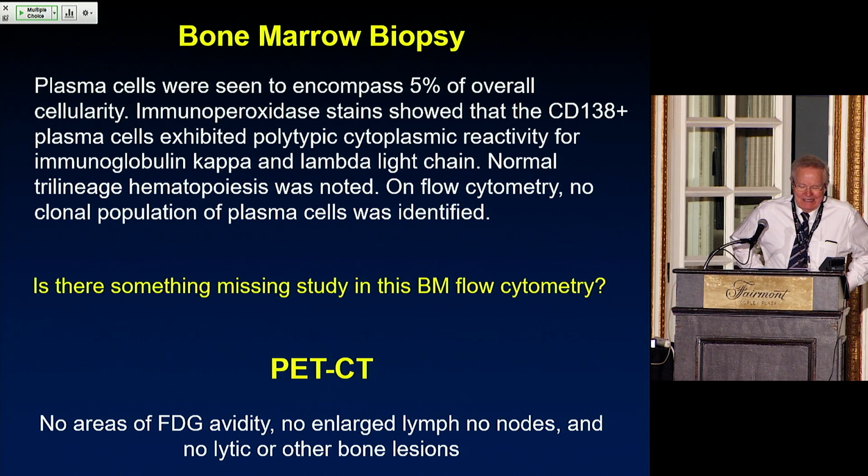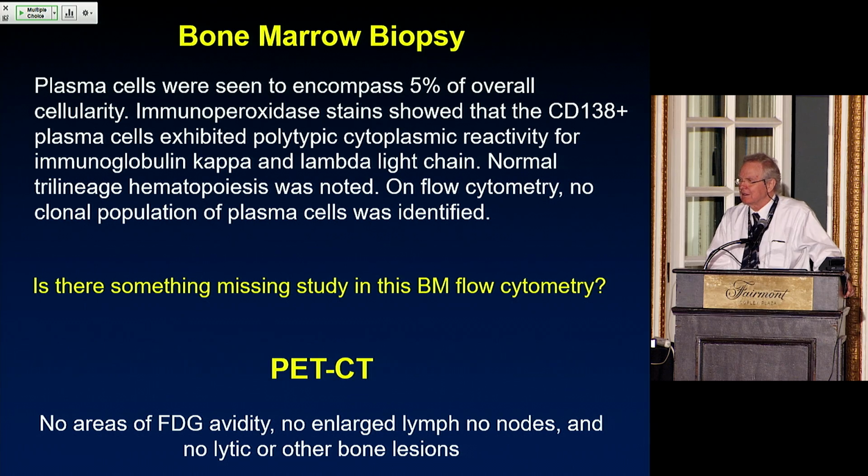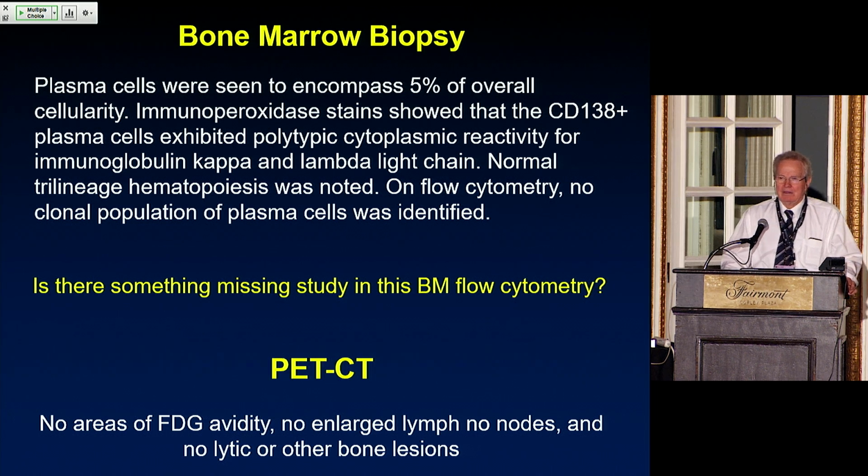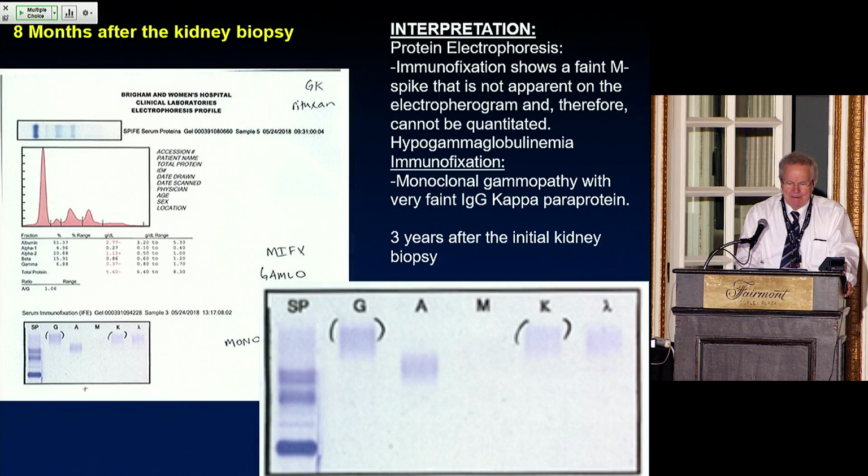So the question is, is there something missing in this study? Yes, what is missing is that they did not look for clonality in the B cells. And this is a classic, I mentioned it to you before. You have to order this specially. The pathologist cannot decide to also look for B cells, even though they may suspect something, because the order says just plasma cell clonality, and therefore this needs to be ordered. Sometimes the PET scan is also useful because it shows some lymph node group that may harbor a relatively benign